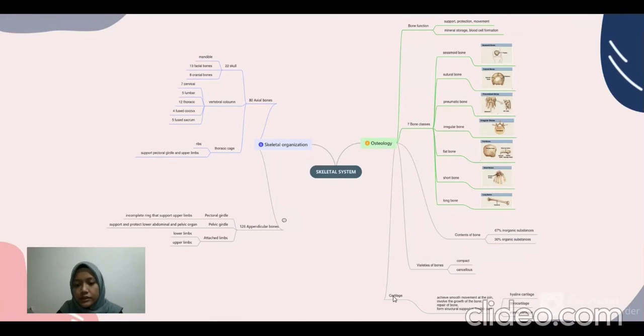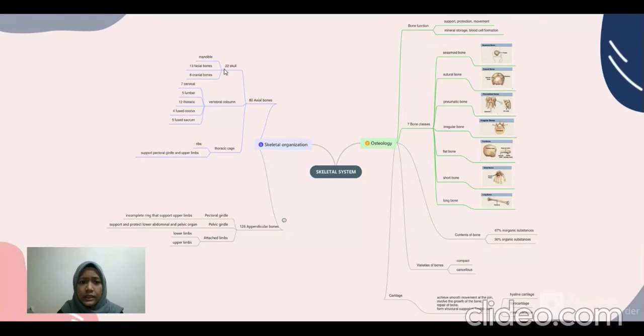Next, for the osteology of cartilage, it achieves smooth movement at the joint, is involved in the growth and repair of the bone, and forms structural support in flexible parts. There are 3 types of cartilage: hyaline cartilage, fibrocartilage, and elastic cartilage. For the skeletal organization, there are 80 axial bones, which include